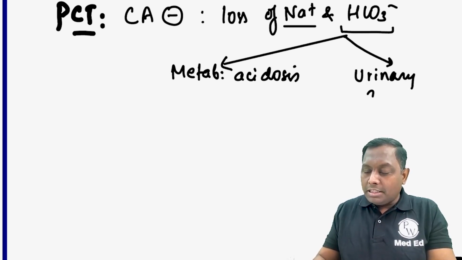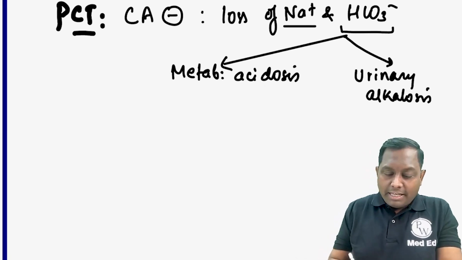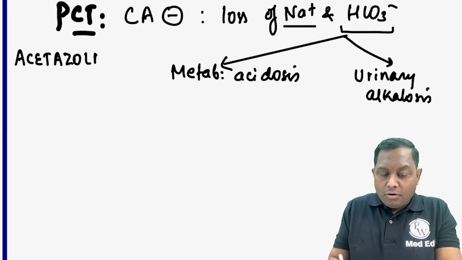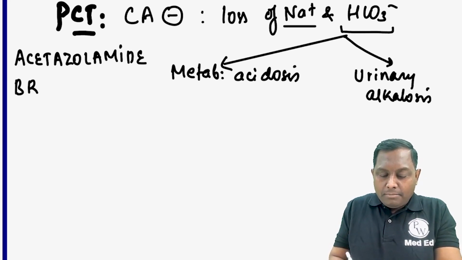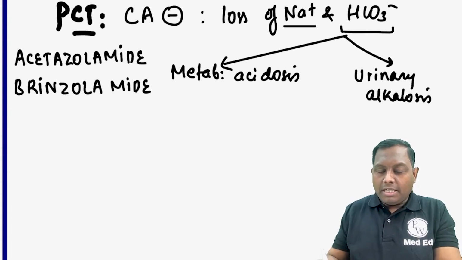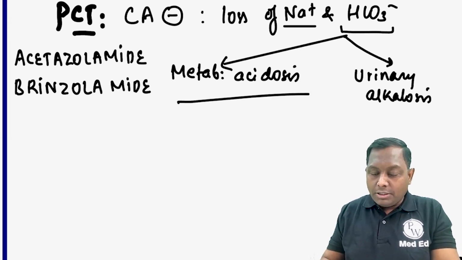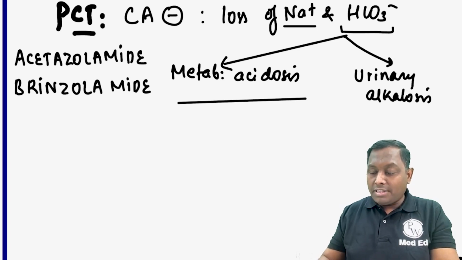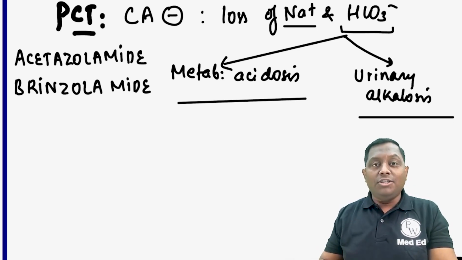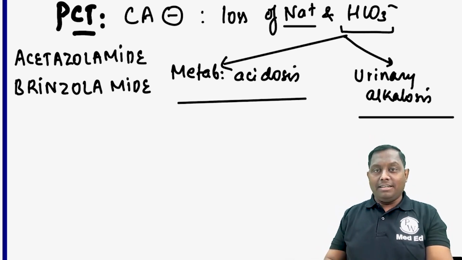So remember, this one drug, carbonic anhydrase inhibitor, by the name of drugs like your acetazolamide, dorzolamide, brinzolamide, all of them are carbonic anhydrase inhibitors. Acetazolamide, brinzolamide, dorzolamide, they are carbonic anhydrase inhibitors, and they are going to cause metabolic acidosis and urinary alkalosis. So what we understand here, that they are one of the urinary alkalinizers. They can cause